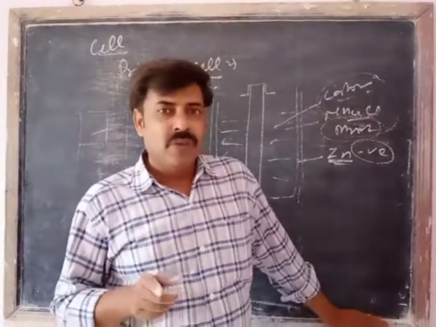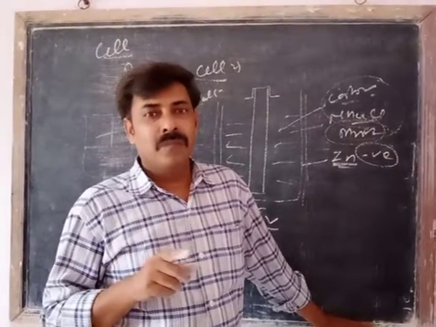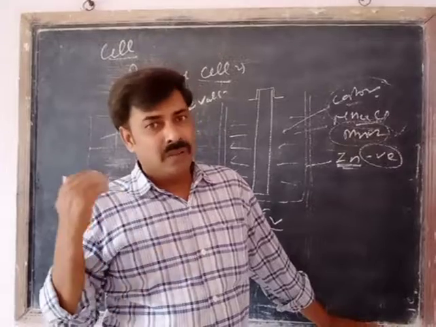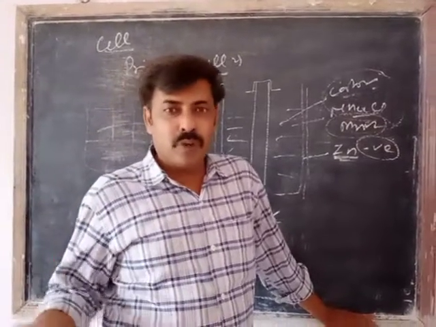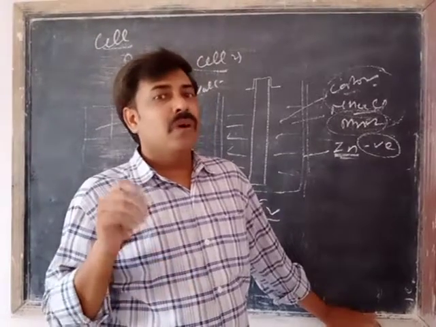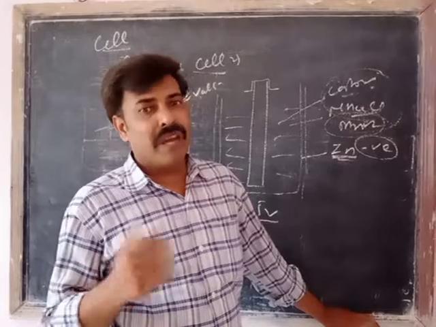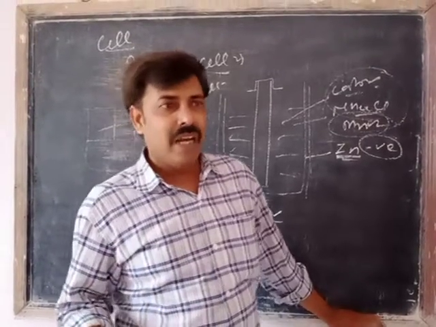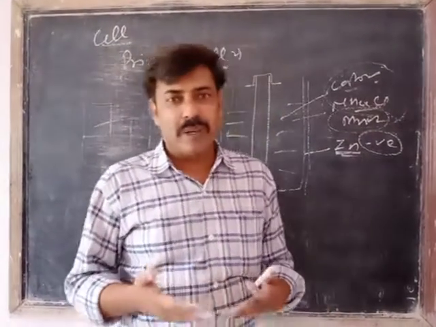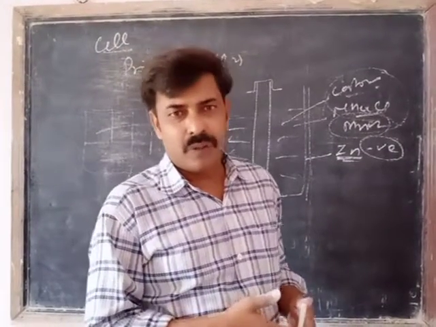This is the cell which was first used in Apollo, the spaceship introduced by America, USA. In that one, the hydrogen cell was used as an electricity supply or backup source, and in this way the hydrogen cell became very famous. Some other cells are also given in your syllabus. You can read them by yourself.